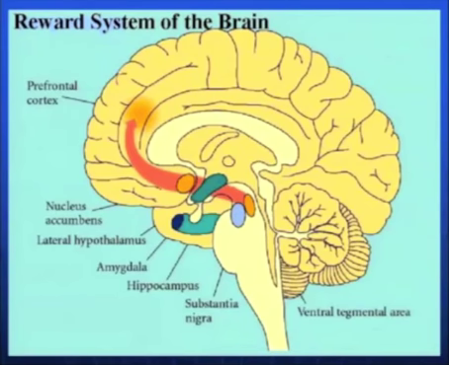What we share with all species is the center of the brain. And the center of the brain is responsible for the 4 F's: fighting, feeding, fleeing,